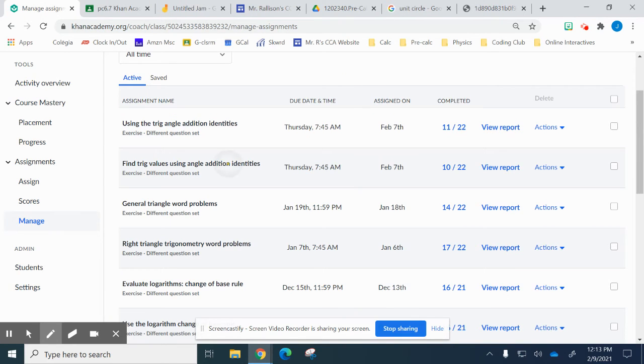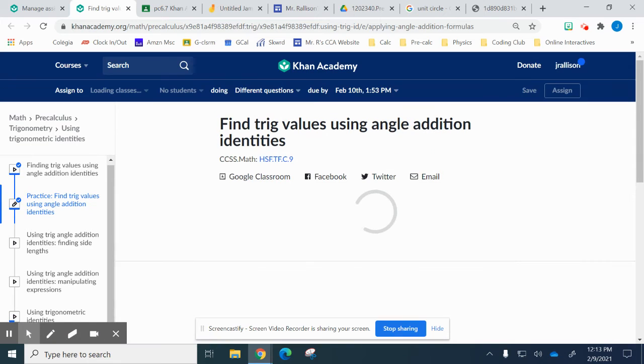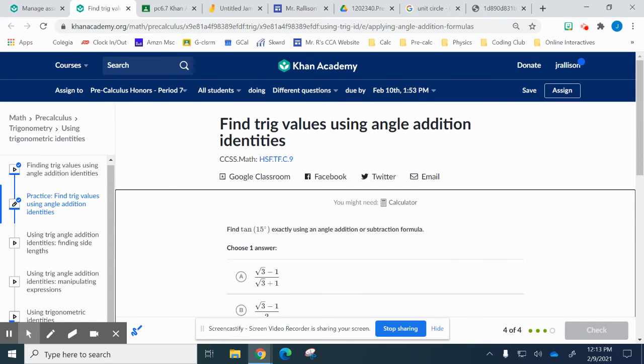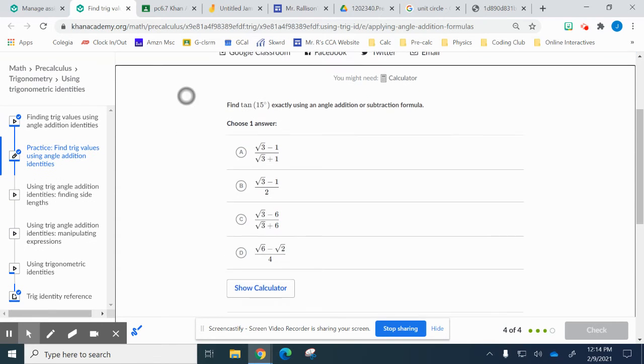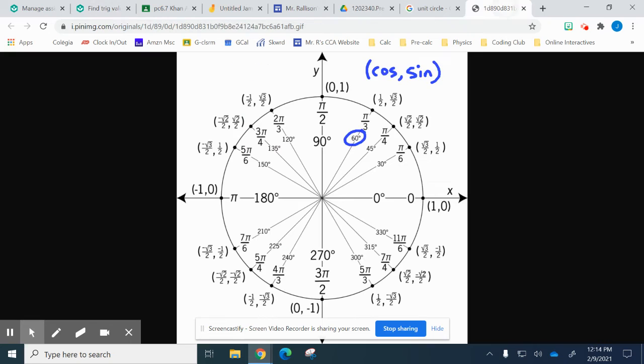Okay, so find trig values using angle addition identities. This is the one where you have to figure out what two angles can add up to the angle that you need. So this is a little bit, it's kind of just one more step. So we don't have 15 degrees on our unit circle. We have,